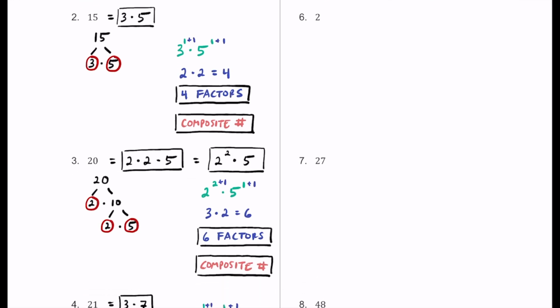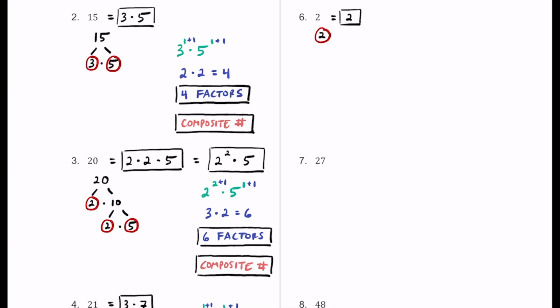For number 6, we have the number 2. So let's go ahead and take this 2 and see if we can write a prime factorization. But remember, 2 is the only even prime number out there, so it's already prime. So the prime factorization for 2 is just 2. All right, that's it. If you want to know how many factors it has, this is just like number 5,